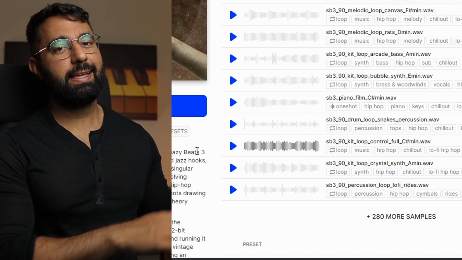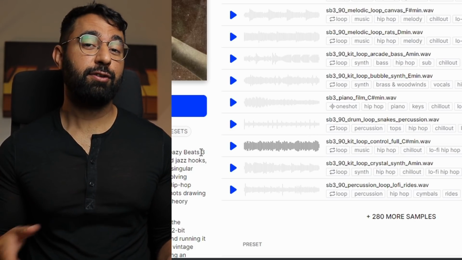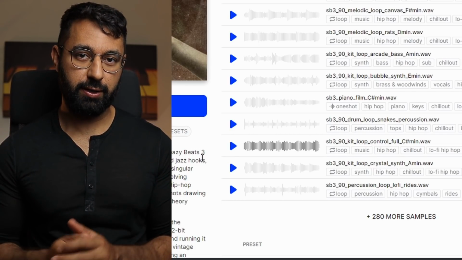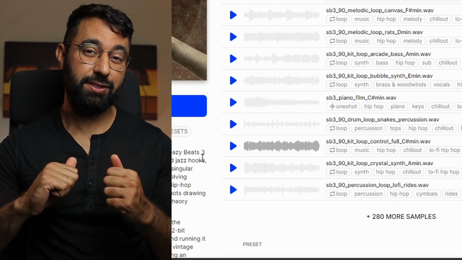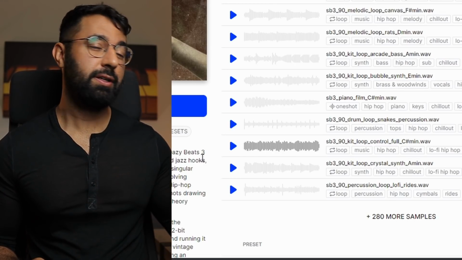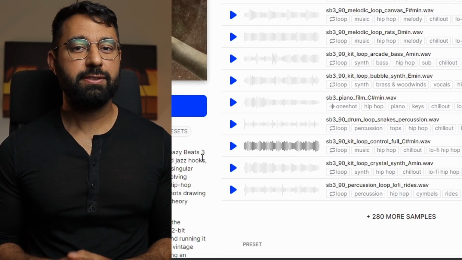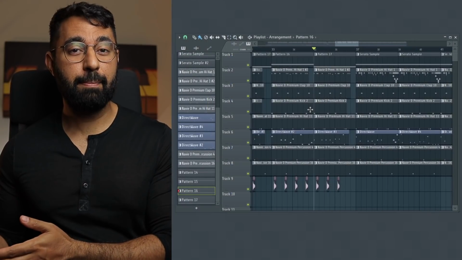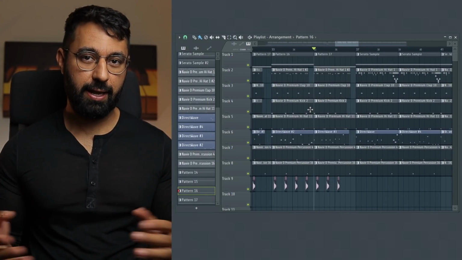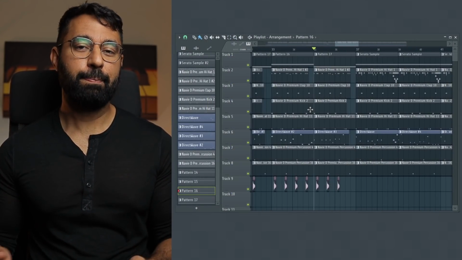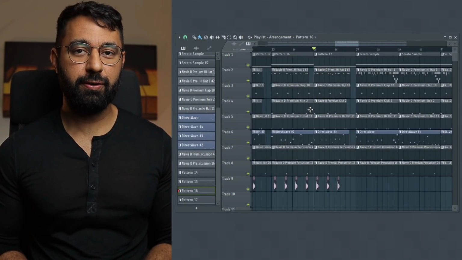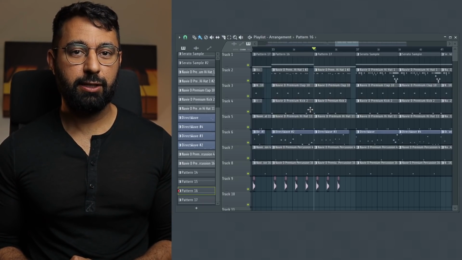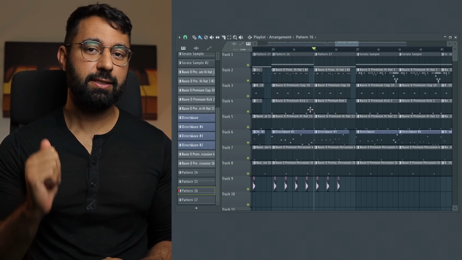Now, by no means am I saying this is a bad loop. It does sound great, but it just doesn't offer as much material that we can work with. Not only that, the sample itself is just a lot more dense. We have a lot more instrumentation here. The amount of sampling techniques that we'll be able to use and our ability to manipulate the sample will just become far more limited now. This is the idea of sample malleability that I bring up often for those who've been watching my channel for a while now. So that's one of the concepts that you will want to consider, which is sample selection.